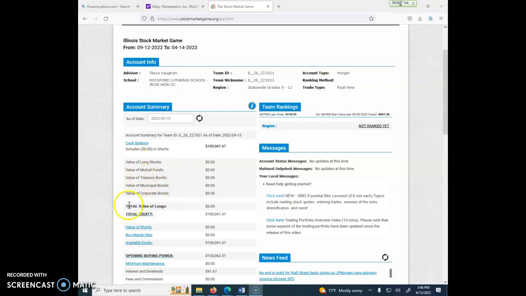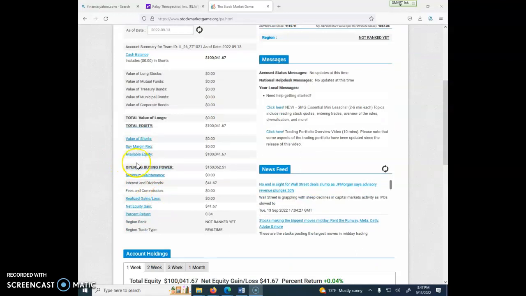As we continue going down, we have the total value of longs. That again is all of my stock. Total equity is the value of your stock plus the value of your cash. Right now, the total equity that I have is the same as my cash because I don't have any stock yet. Available equity here, again, is my total cash amount. As I go on, opening buying power. Notice I can buy up to $150,000 worth of stock, even though I only have a little over $100,000 in